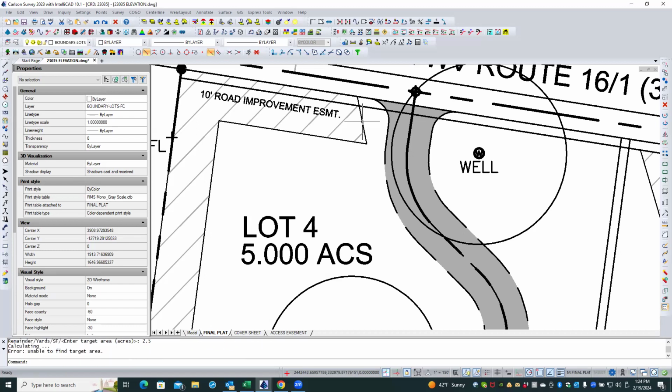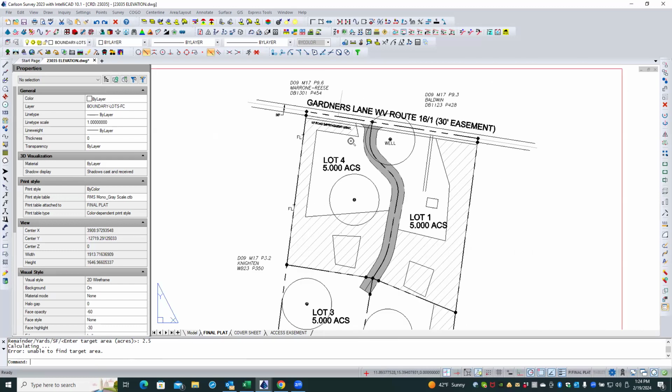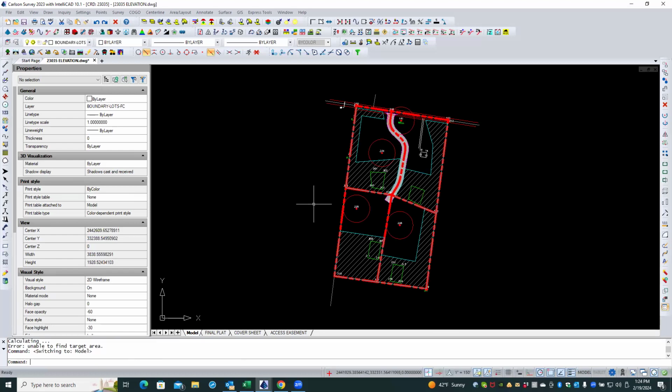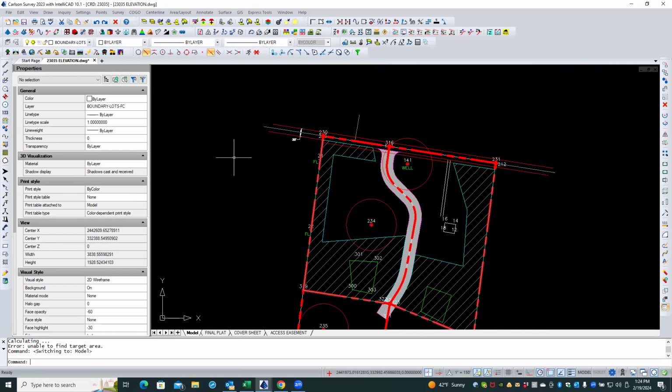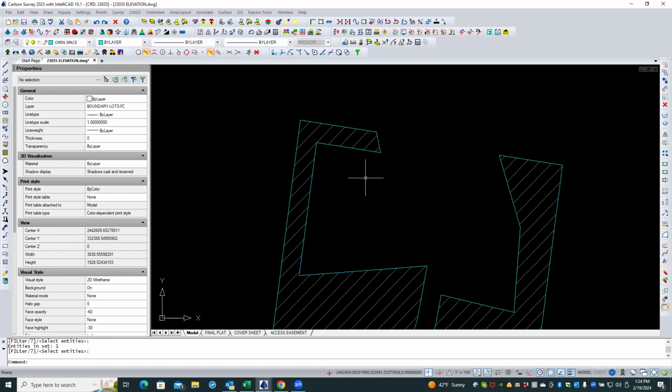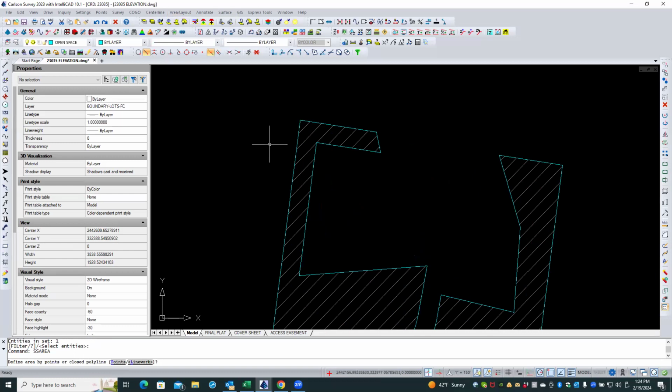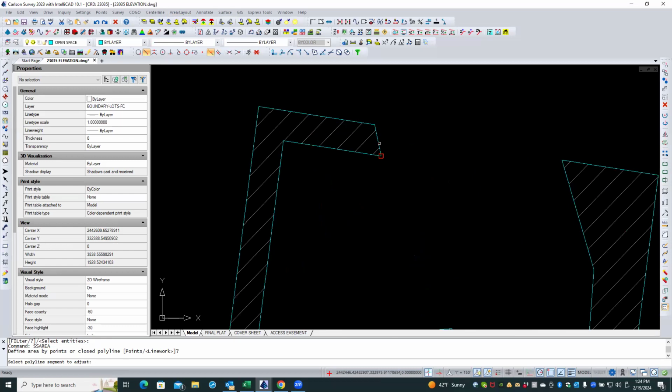And see, let me show you how I did this before. I would do that in model, okay, and I would come here and isolate that layer. Yeah, that's fine. Okay. And then I would area layout, adjust areas, sliding side, line work. I wonder if it's not doing it because the